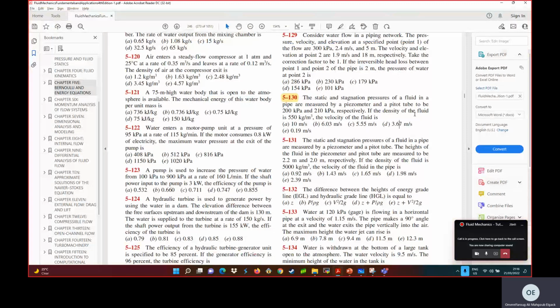If the density of the fluid is 550 kilogram per meter cubed, the velocity of the fluid is,